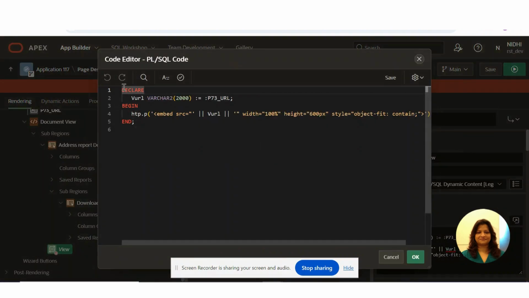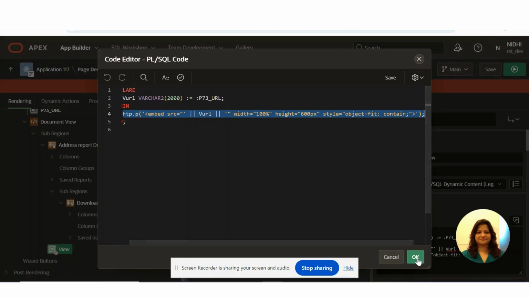So I write the blob SQL. This is a variable and value, the URL value, calling this variable and using the APEX_UTIL.PREPARE_URL to embed the URL in these applications.